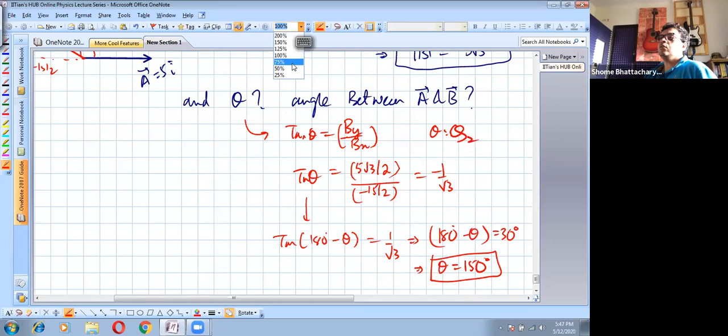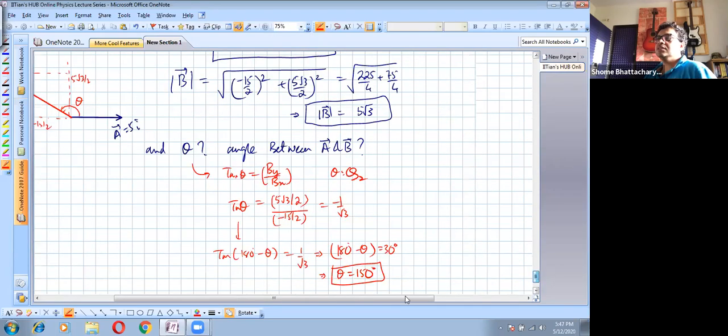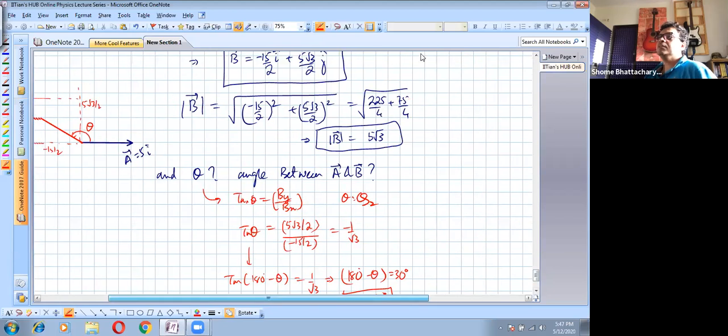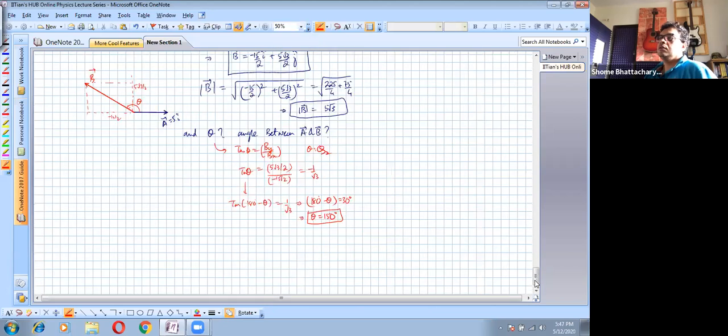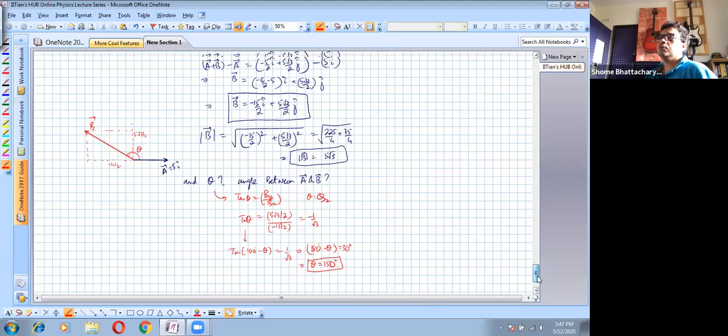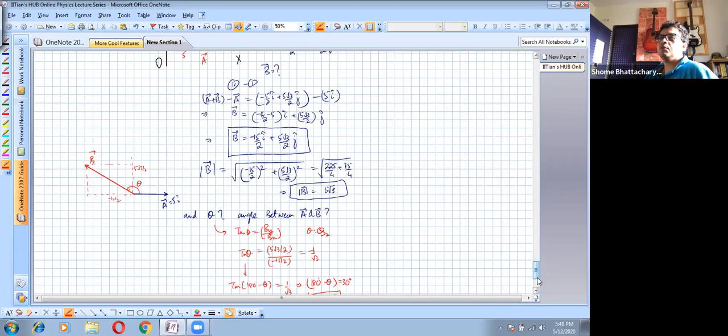Okay. So this is actually also an efficient way of doing the question. In case the isosceles triangle trick does not strike you, then the better method for you is to come to the component method. So definitely the formula is avoidable. The first two equations that we wrote by the formula method, that